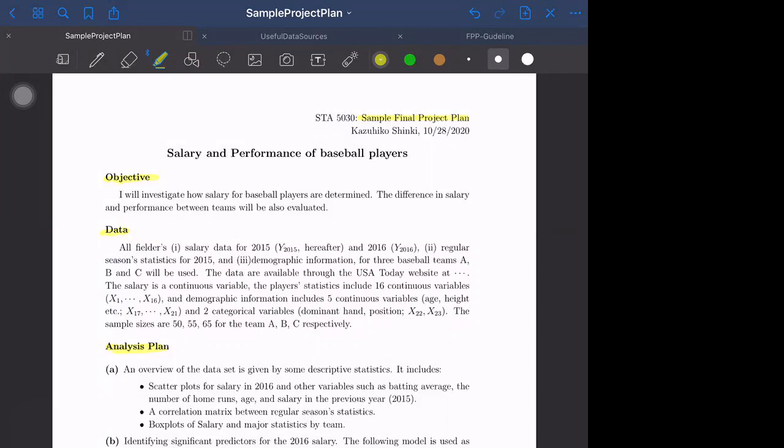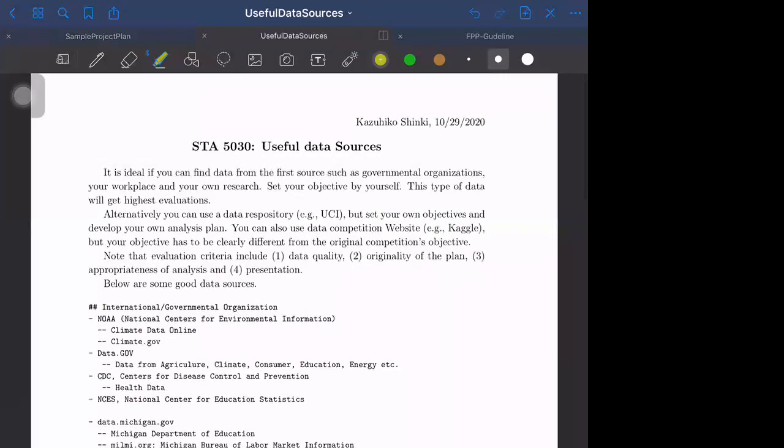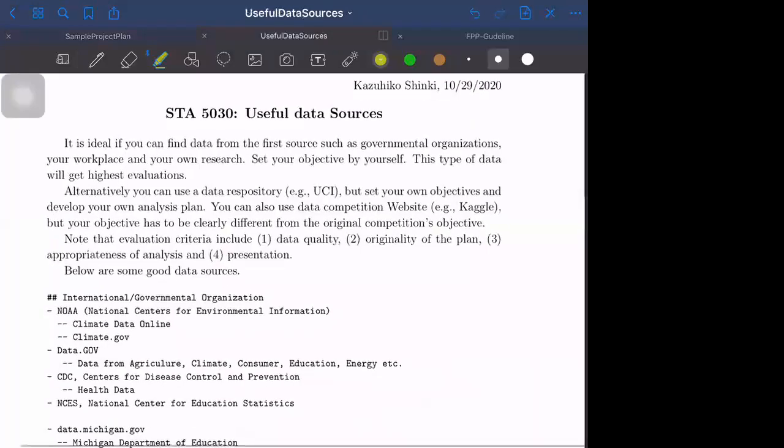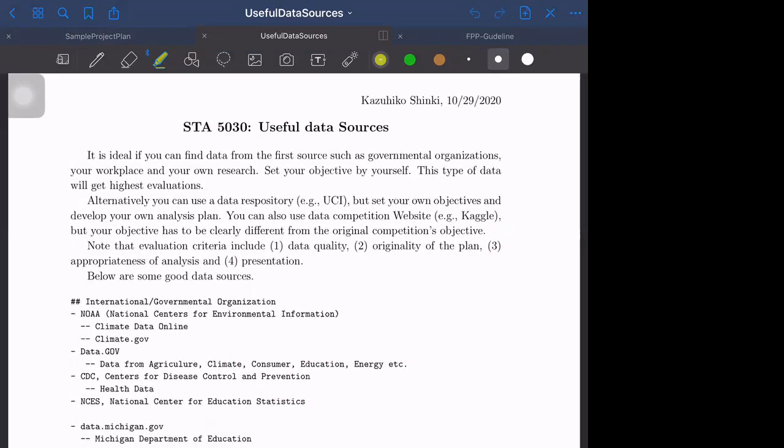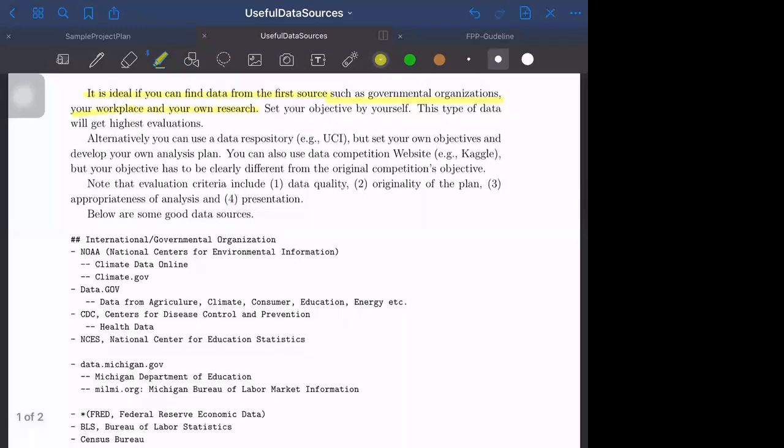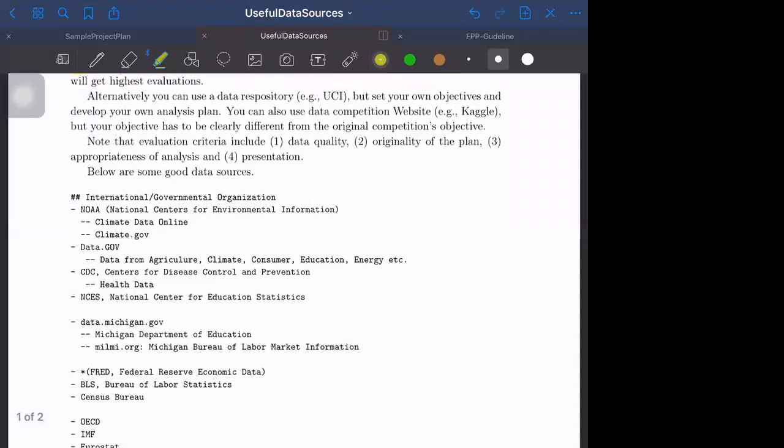And the next file is the useful data sources. You wonder which data source you can use. So there are several websites. And again, it is ideal if you can find data from the first source, such as governmental organizations, your workplace, or your own research. Yeah, so there are several sources. The one is the international or governmental organization. For example,